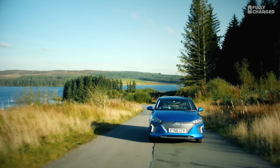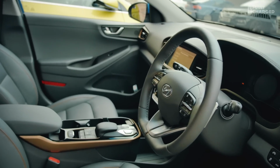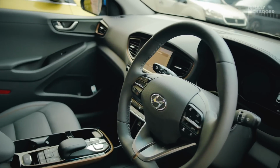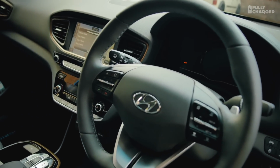Well, I've now driven over 50 miles in the car, and I have to say it's grown on me mile by mile. I've really started to appreciate what this car is. This is, I think, a genuine step up in the world of electric cars. It's doing a lot of stuff that I really didn't expect, like that moment then when it just steered itself around the corner. But one of the impressive things is I think I've done 50 plus miles now, and we've got 86 miles left